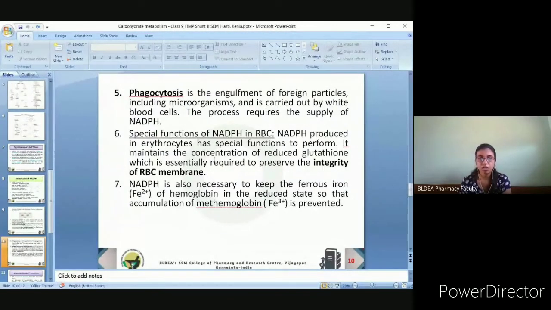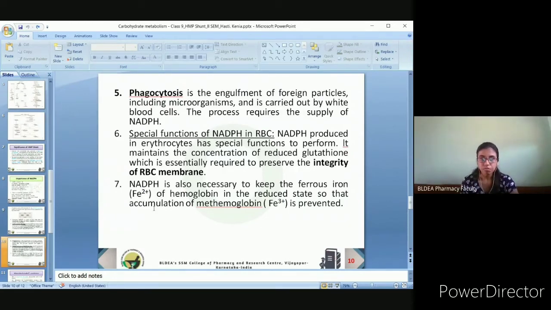Similarly, we had seen in the case of glutathione reduction. Here also, glutathione reduction is very essential in order to maintain RBC membrane integrity. Or else what will happen? Glutathione in the oxidized form will tend to degrade the RBCs, leading to hemolysis. If NADPH is not present, then glutathione will always be present in the oxidized form. Now, these oxidized glutathione molecules will tend to break the RBCs, and this will lead to hemolysis, that is, breaking down of RBCs in large concentrations. So this should not be the case, and the cell membrane, that is, the RBC, must always remain intact.